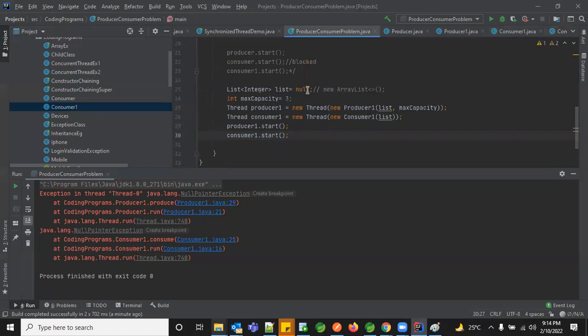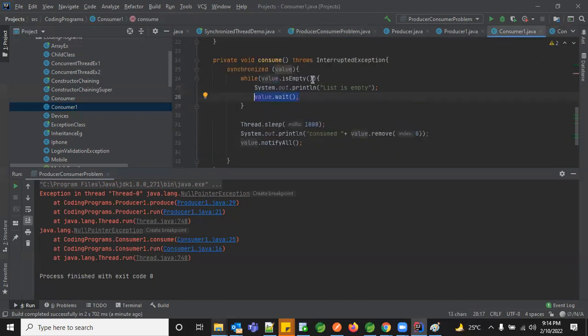Null is not empty, right? Actually, null is not empty, but you got a null pointer exception, right? You need to handle that. So if the value is empty and the value is not equal to null, only then I can go in.